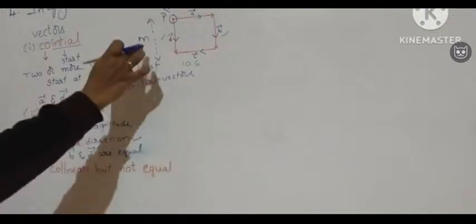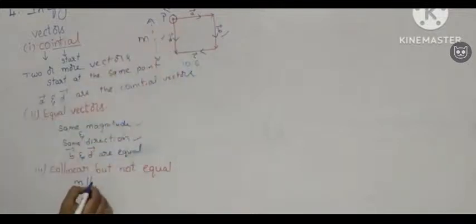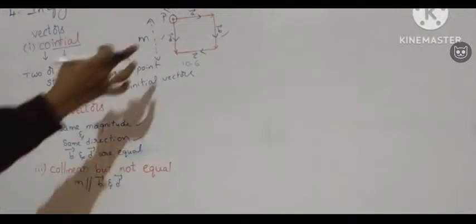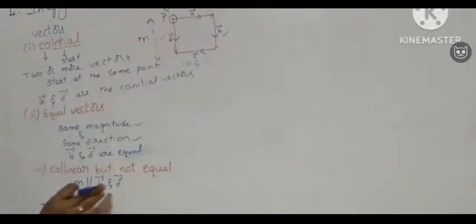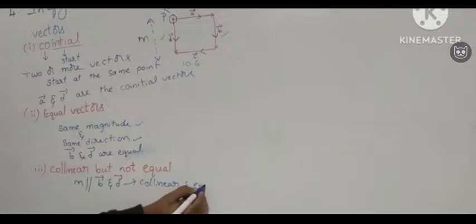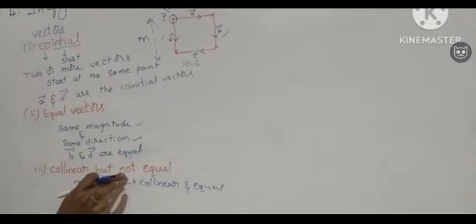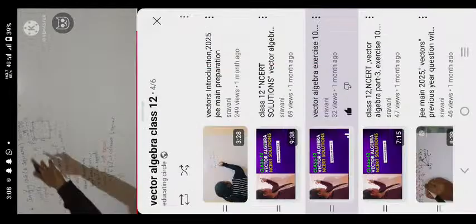Now we check for the first line, the M line. M is parallel to two vectors, B bar and D bar. B bar and D bar have the same magnitude and the same direction. So they are collinear and equal. But we want not equal. So we go for the next, the N line. This N line is parallel to A bar